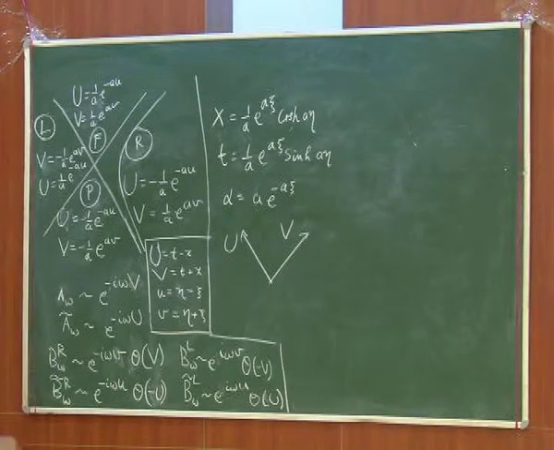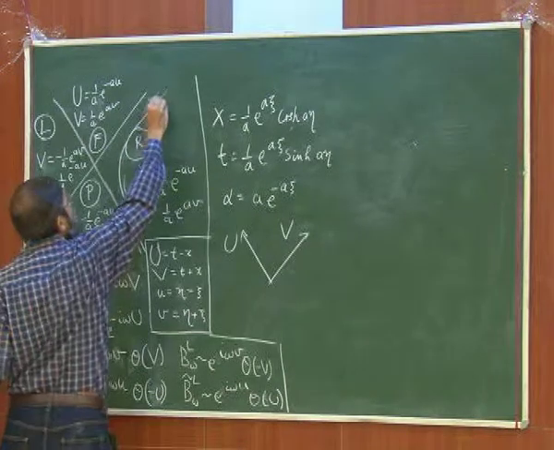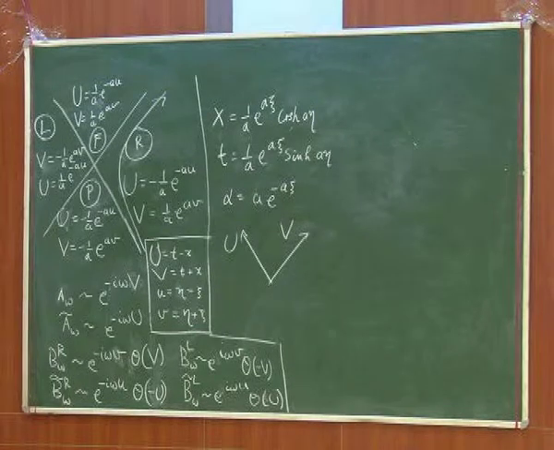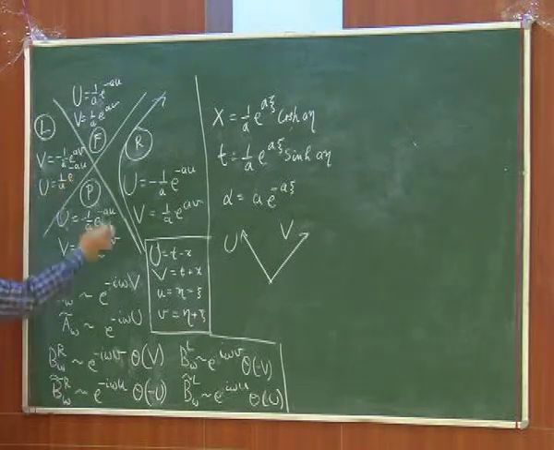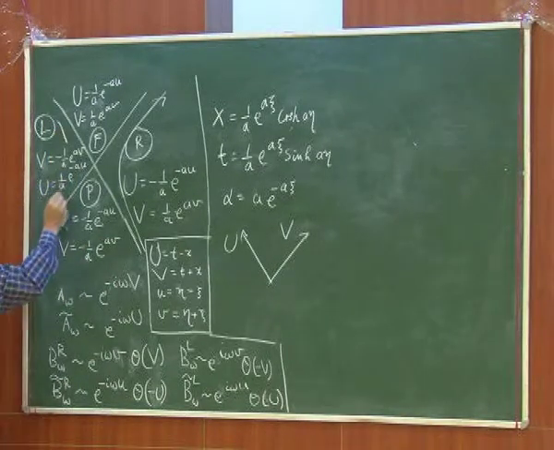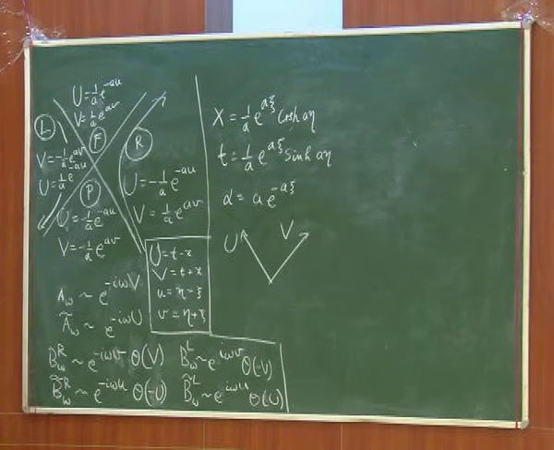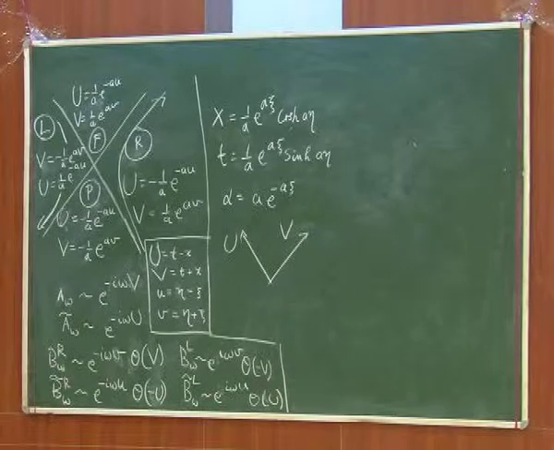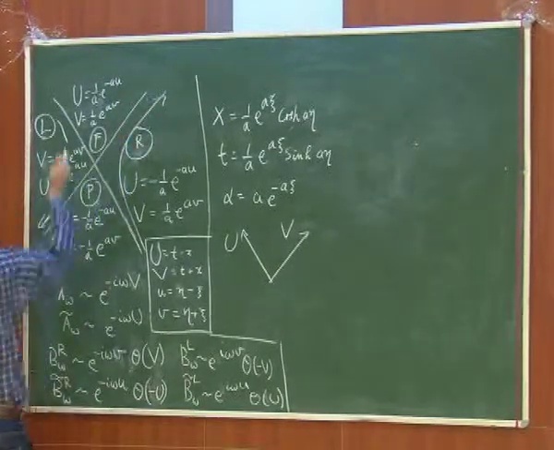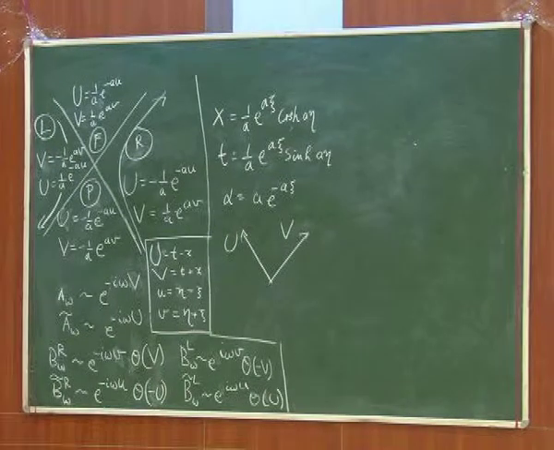And with this, you can easily see that eta runs upward. Eta is future directed on the right, and with the same definition of eta, eta is past directed on the left. That's an exercise left for you. It's an easy exercise, but this is the direction of eta here on the right and here on the left. As a result,